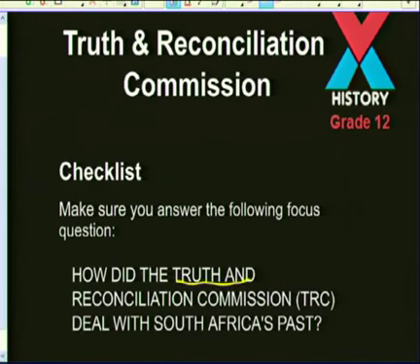Now, in terms of this theme, you need to understand what the TRC was, the Truth and Reconciliation Commission, what it was about, why it was formed, and when it was formed. So you need to know the aims of the TRC, you need to know the commissions. And in terms of why it was formed, it's also very important to know South Africa's past. So what was the problem with South Africa's past that prompted the government that took over in 1994 to come up with the Truth and Reconciliation Commission?